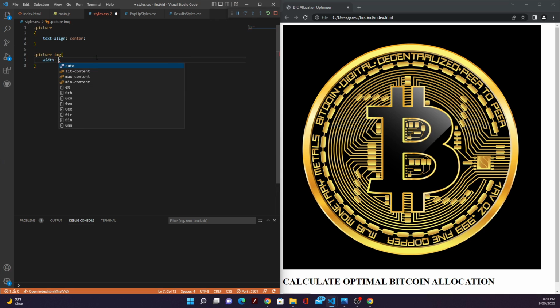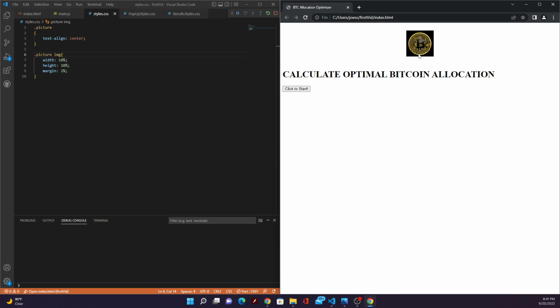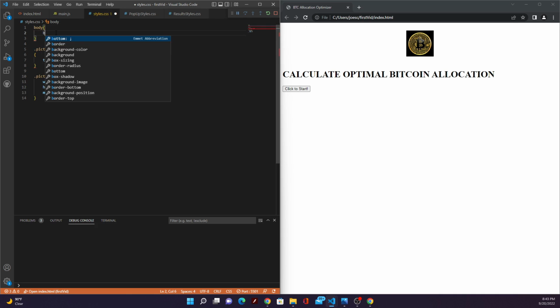Let's go with height or width 10%, height 10%, and a margin of 2%. And as you can see, the photo is now centered and properly sized. So now let's spruce up the background of the web page. Let's add a body. And here we're going to set the background